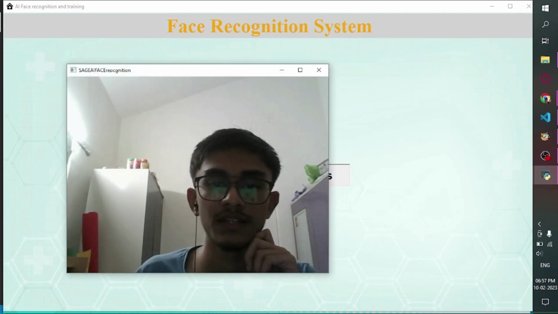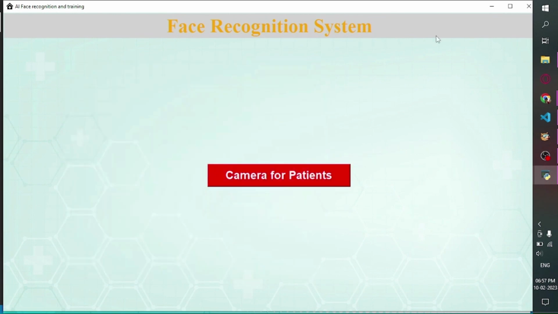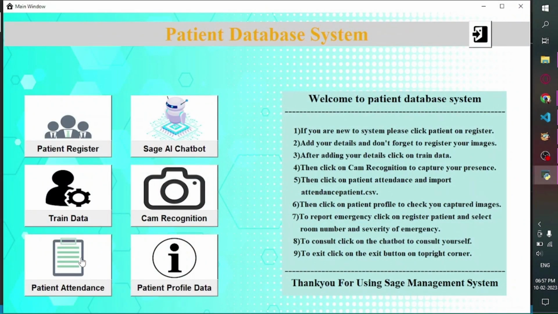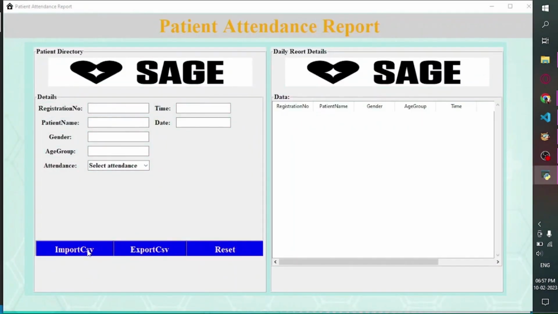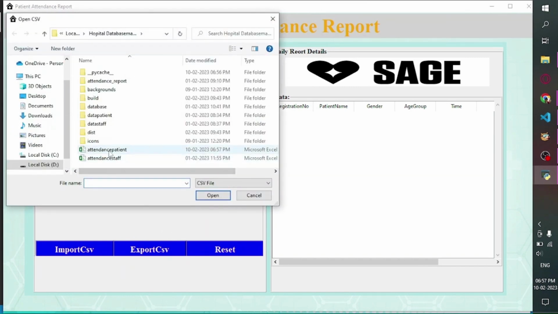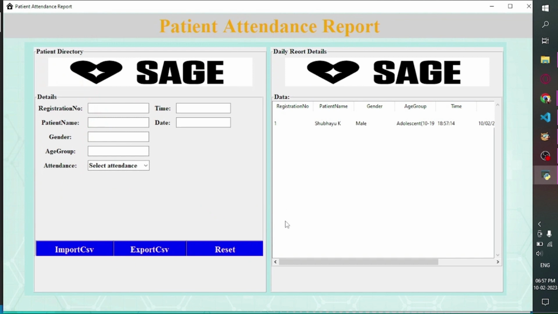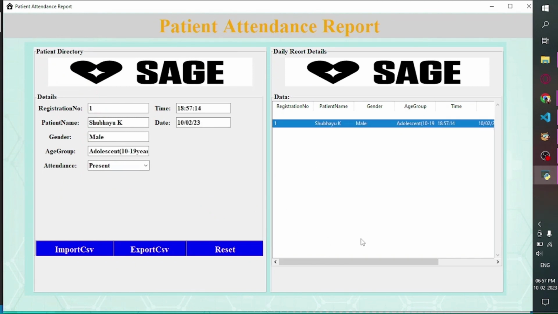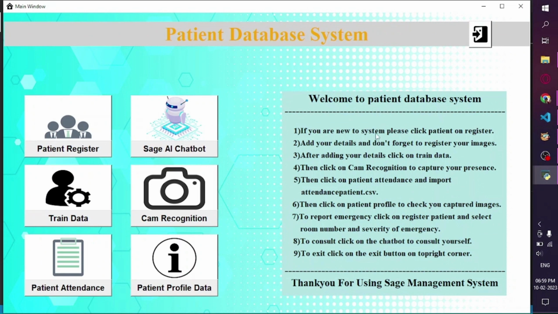shut until enter is pressed. After clicking on enter and closing this tab, when we go to the patient registry attendance system and import the data, and go to the attendance patient, here we can see that after clicking images from the camera, this camera has added our current time data into the CSV file, and here I can see my attendance and the time when I took the image. So this is the part for the attendance, and we can receive the data, and that's it for the patient attendance report part. So we'll close the tab, and it will then again lead us back to the patient database management system,